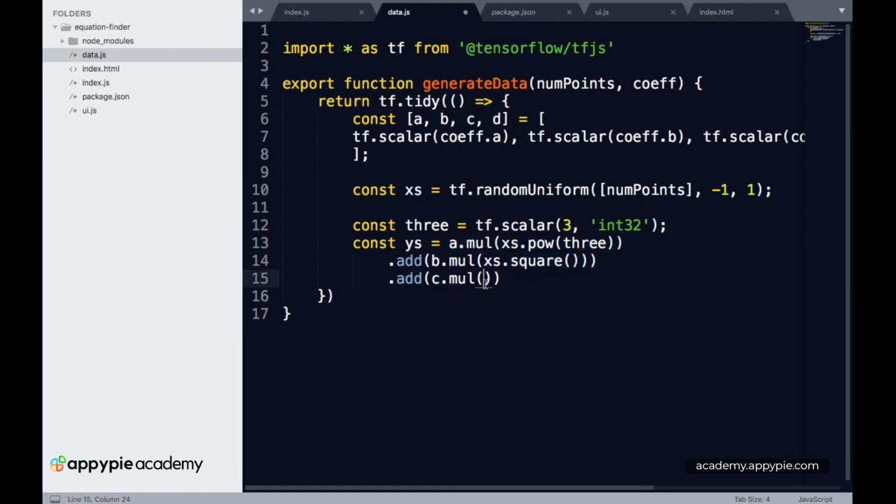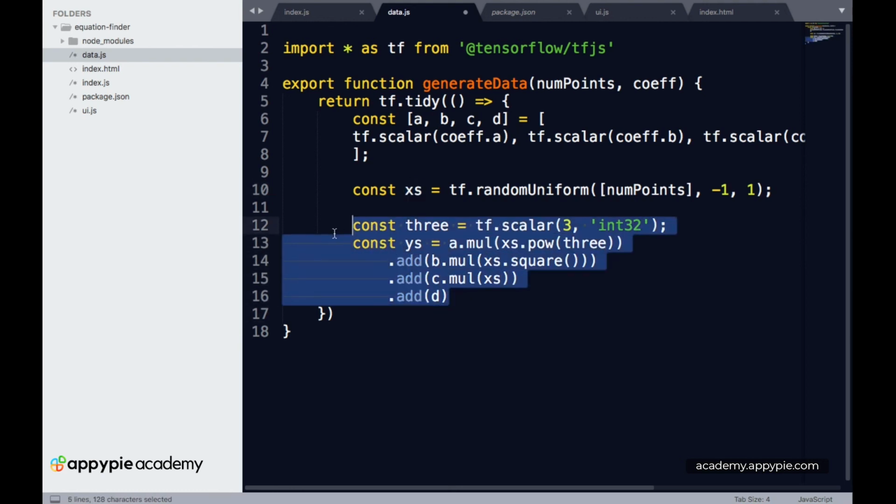All we have to do is multiply c with xs, and then finally we have ax cube plus bx square plus cx plus d. So let's just add d. Okay, so with this we have finally created the xs and ys variables, and these variables will be very important to plot the data later on.